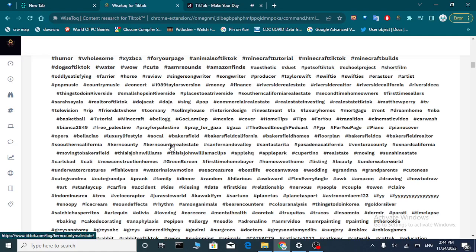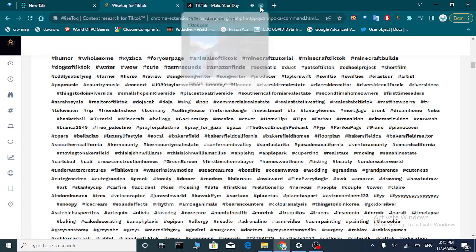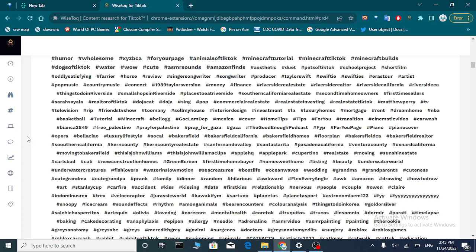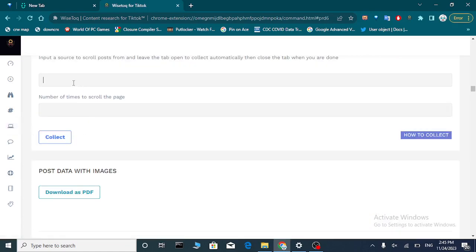Let's choose one hashtag. Let's say you're interested in one of these hashtags, for example, luxury lifestyle. You just come here and copy the link. Let's close this TikTok tab because we're gonna open a new one, and go to automatic scrolling here and paste